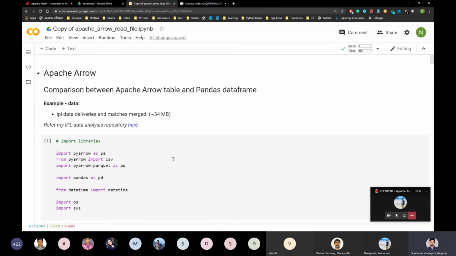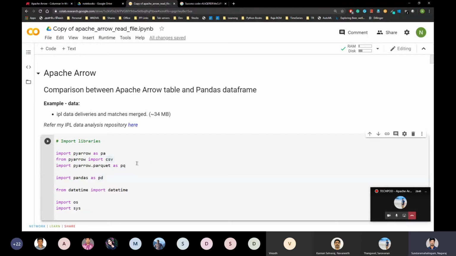Okay. So in this demo, I'm going to use a 34 MB CSV file. Let's see how fast Apache Arrow is compared to the traditional method. This code is written in Python, but Apache Arrow supports lots of programming languages.